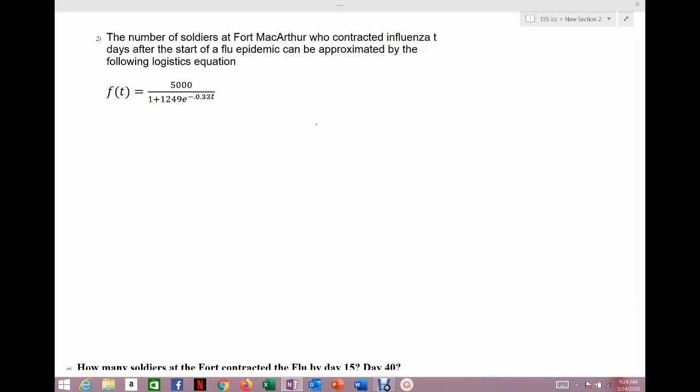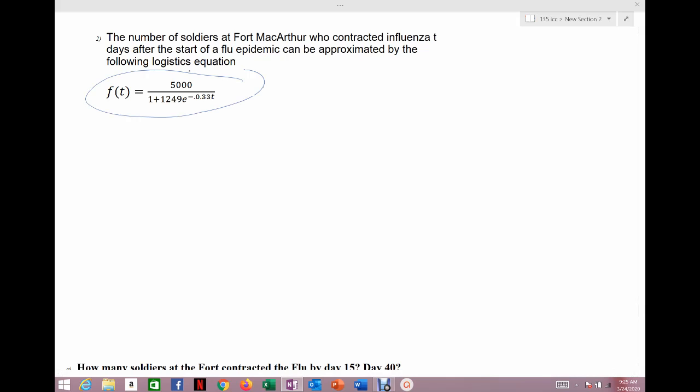Suppose that, again, we're going to look at the flu season. So flu epidemic. Suppose the flu is going through Fort MacArthur, and so it's a population. We, again, will follow the logistic curve. There's an estimated number of people who will get the flu, and eventually it will max out. Everybody who's going to get it will get it. So this is the logistic curve that we're going to look at that is going to model the flu